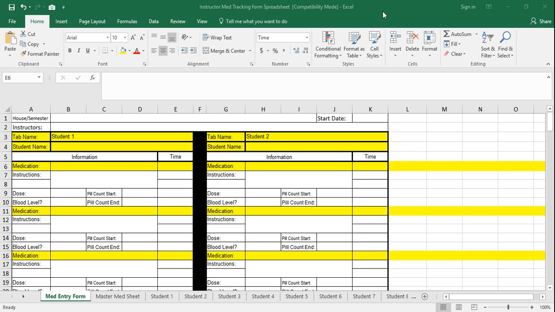So I'm going to show you how to properly enter the student's medication information into the Instructor Med Tracking Form spreadsheet so that you will have it to reprint every month. You'll start in the top box by putting the house and the semester. So North House, Fall 2016. For the start date, that will be the start date that you want the med tracking form to